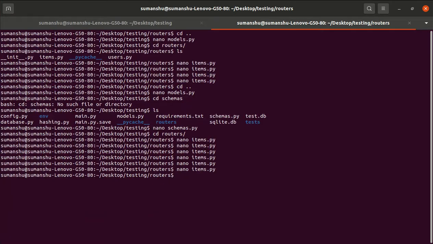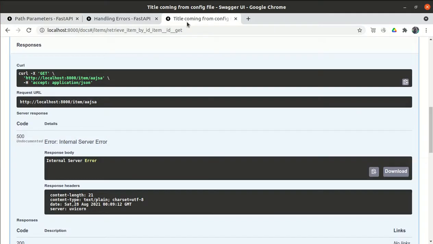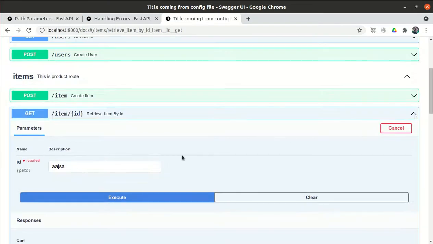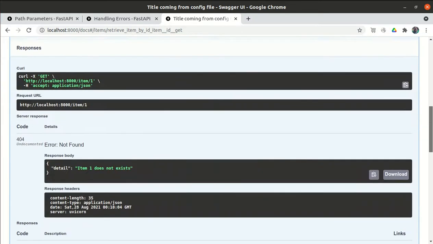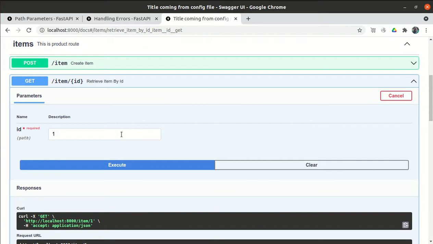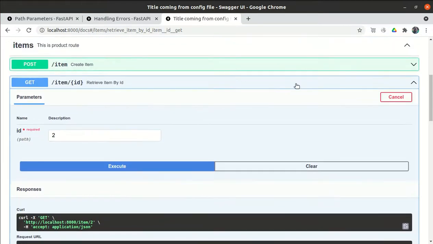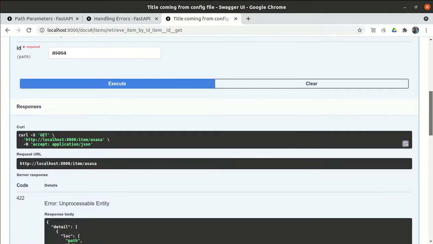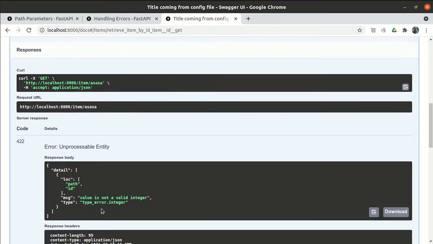So if I hit this, let me show you again. If I press 1 and hit execute, it will show me the correct response. If I give 2, it will show me the correct response. Now if I pass some characters, it will throw me a particular error: value is not a valid integer, type error integer.